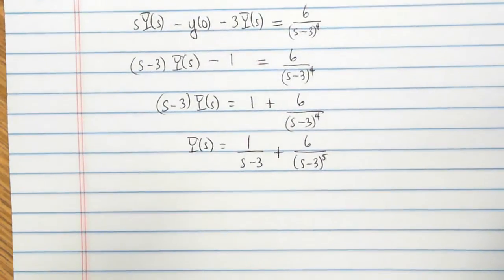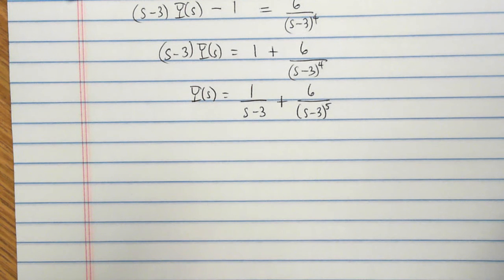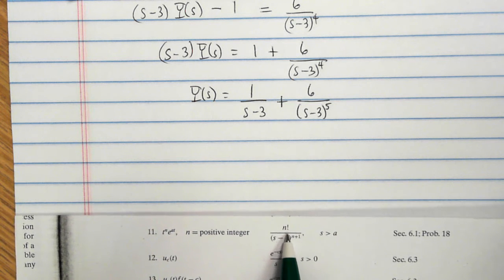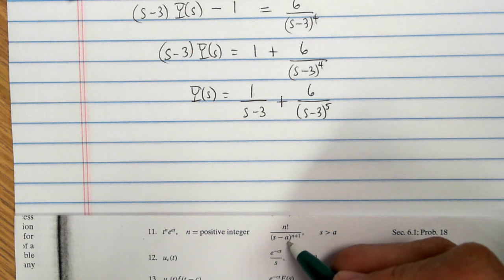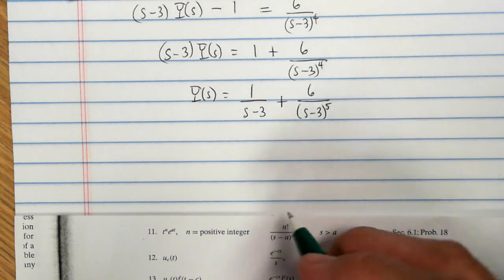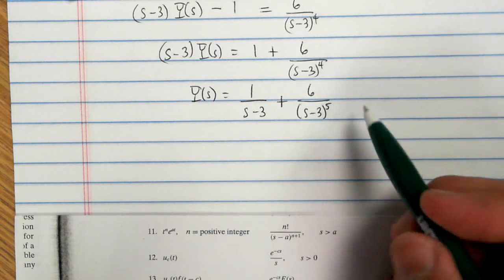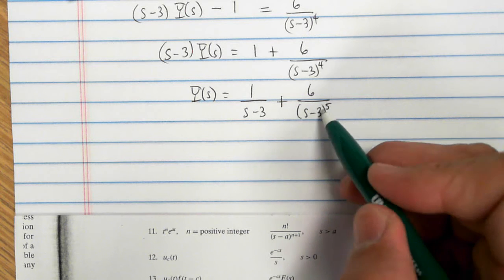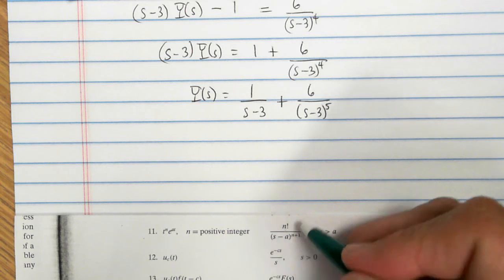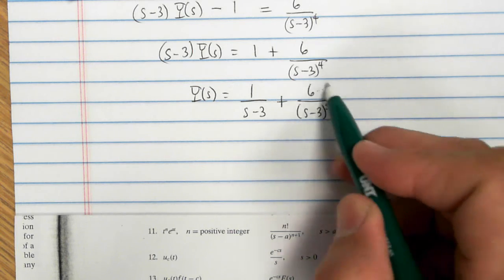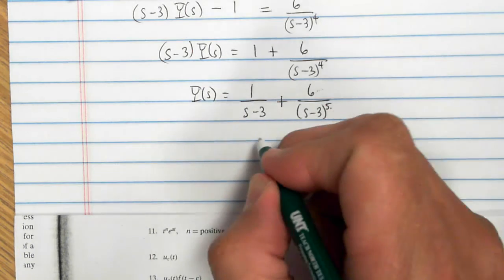Okay, so now we have to find the inverse transformation of this. To find the inverse transformation, we again refer to the final rule down here, that if I have n factorial over (s minus a) to the n plus 1, the inverse transformation is going to be t to the n e to the at. That's kind of what I've got here. I've got n plus 1, so n is going to be 4, which means I need a 4 factorial on top for this. So let's rewrite this as